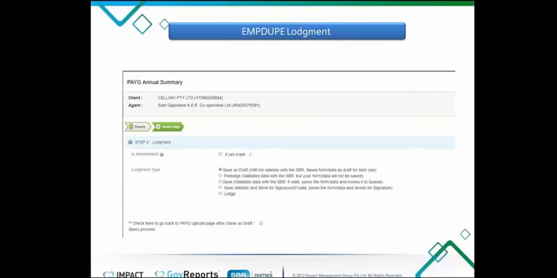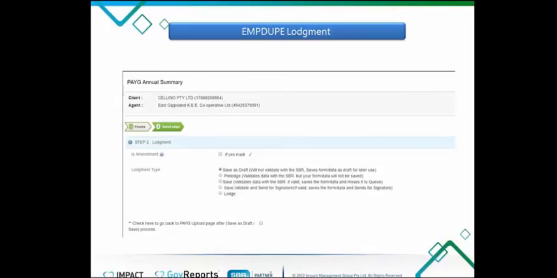Once you upload the file or enter the payee details, you have the options to save it as a draft if you haven't got all the facts and figures together and want to revisit the form at a later stage, or you can pre-lodge. Basically, what that means is you're just testing to make sure the data is being accepted by the ATO. The pre-lodge option will not give you the option to save the report. So normally, I would recommend save as a draft or save and validate. Save and validate means that you do both. You save as a draft, and you also validate the